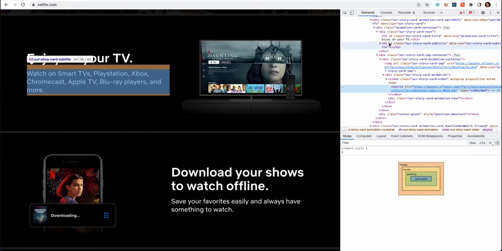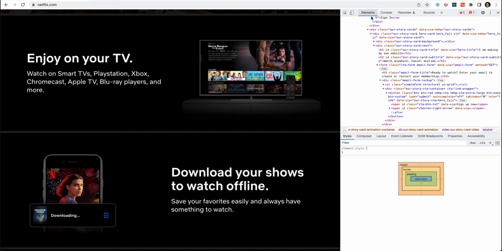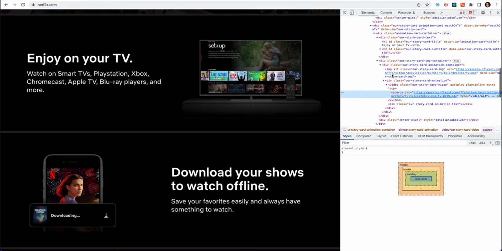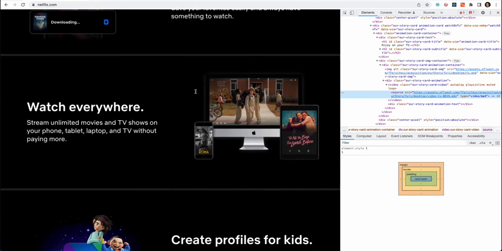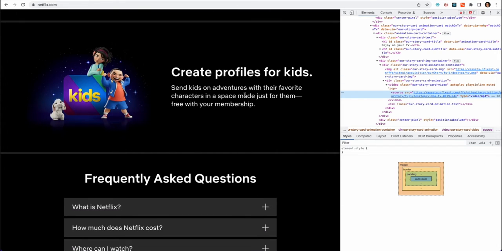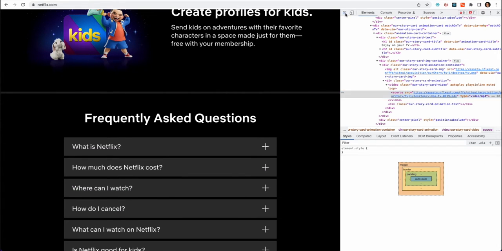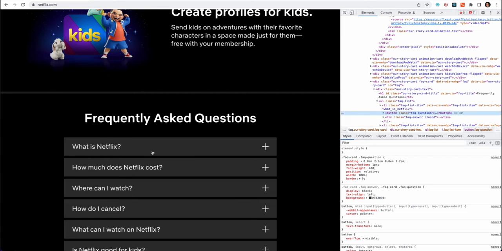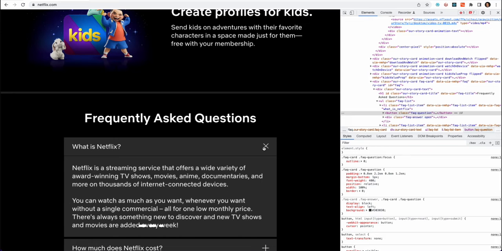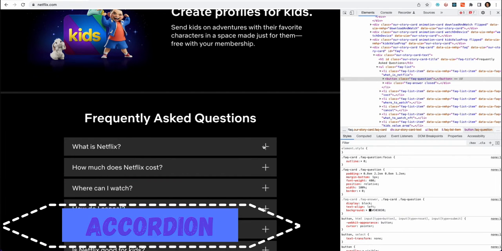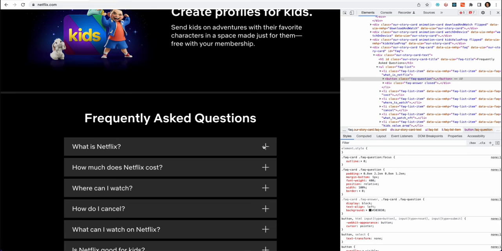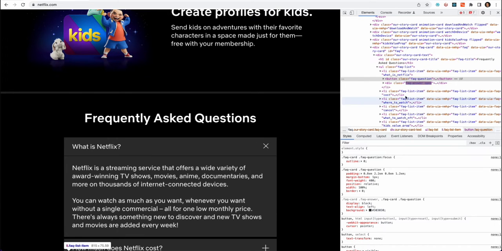Alright, so as you can see, this section under elements has all the elements that are used to build this website, and you can do this in any website. You'll have these frequently asked questions, accordion type of things they're called. And one thing that I want you to take a look at, when I open this one, you can see